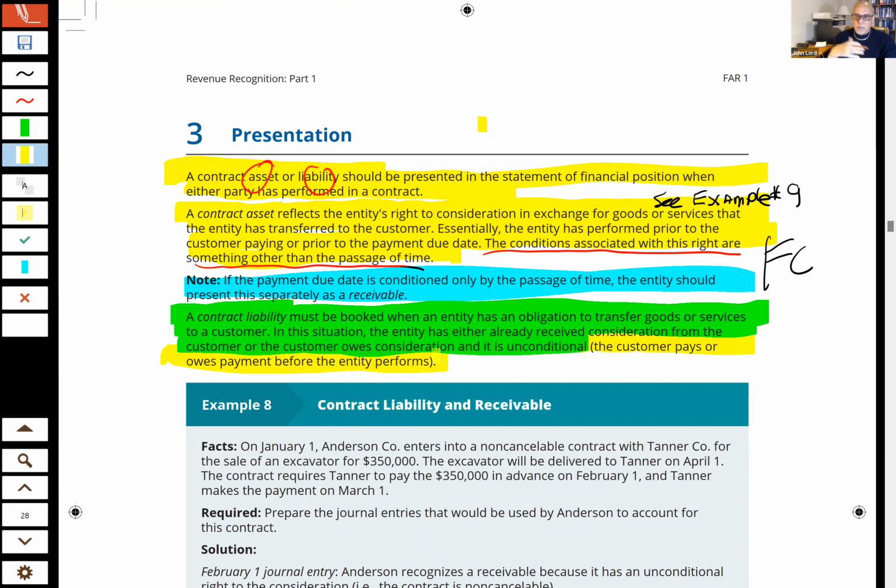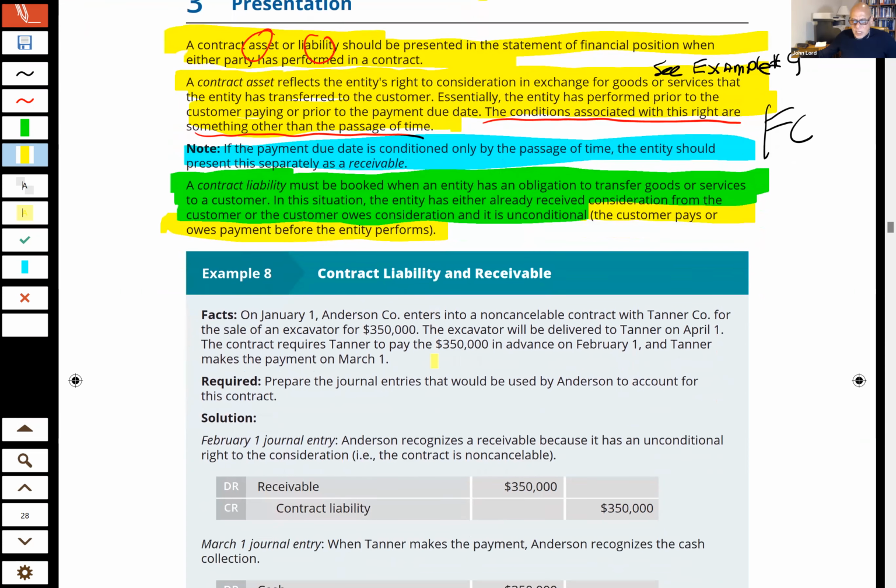Okay, guys, I think you're getting the sense of the annoying language that's being put around, excuse my French, stuff that we already know. We know that if someone pays me in advance and I haven't performed, that's a liability. We know that. Now they're just putting words like contract liability on that, as opposed to the words unearned revenue. Okay, so we take a look, and by the way, the exam is not going to say, was this an unearned revenue or is it a contract liability?